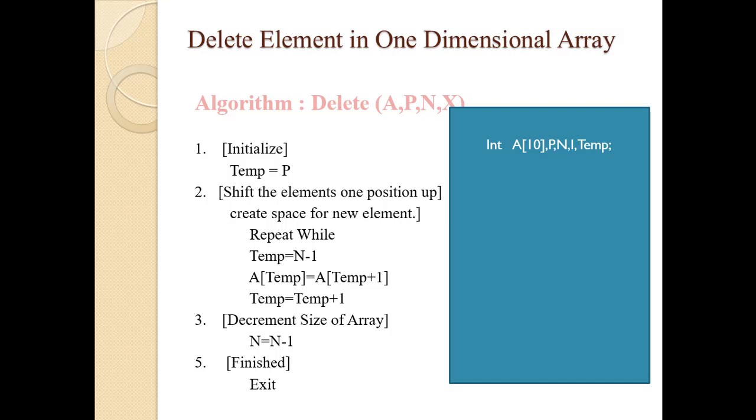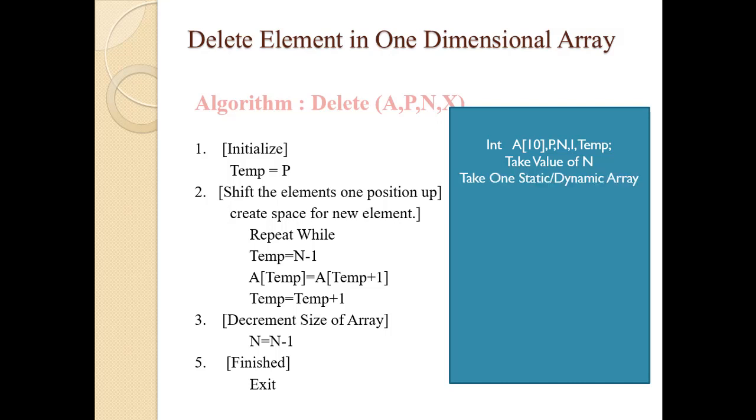Then for looping, I will use I. Then variable temp for storing the value of the array temporarily. Then I will insert the value of n. Here in the data type, we only mention our variable n, not the value. So I will enter the value of n using cout and cin.